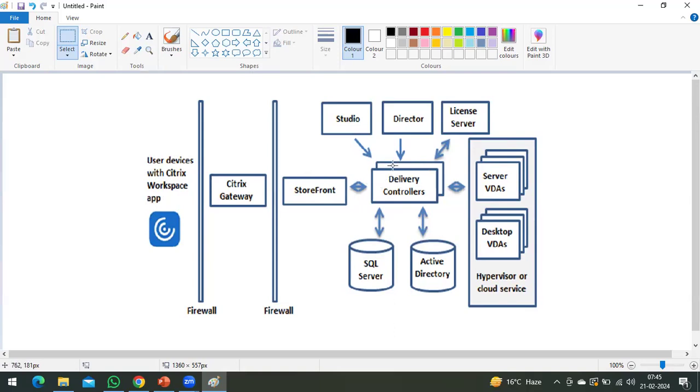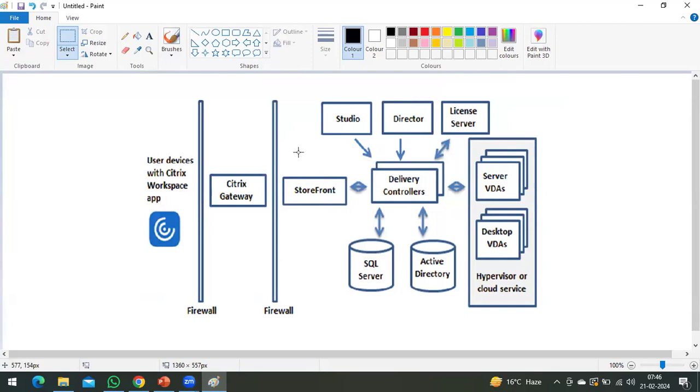The delivery controller knows which server is responsible to validate the credentials. So it will forward the query to the AD server, and once credentials are validated, it will forward the query to the database to check what resources are published or available for that user. Once the resources are there and the user clicks on the logon page, that output will go to the end user on the next page, and the user will get some little tiles to power on the